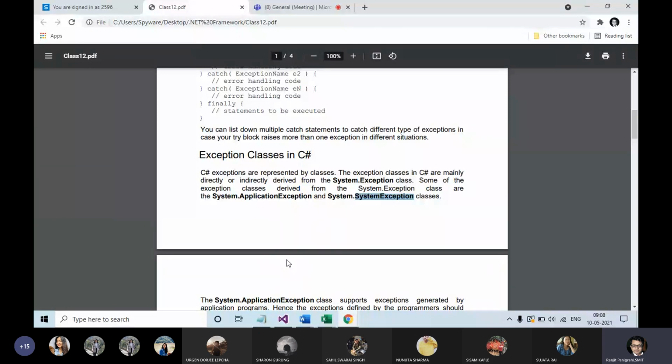Similarly, what are system defined exceptions? As I told you already, you are opening a file, and the file is read only. Who is locking that file? The file is being locked by the operating system. So that is a system level exception. To handle all the exceptions within the application, the ApplicationException class has been defined. To handle all the exceptions related to the system, the SystemException class has been defined. Both of these two classes are inherited from the Exception class. Am I clear to all of you?